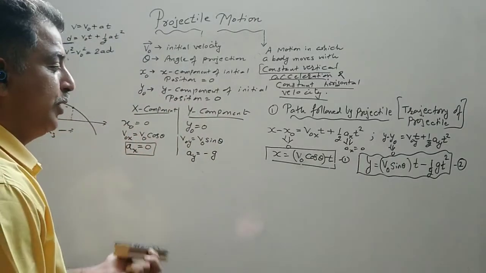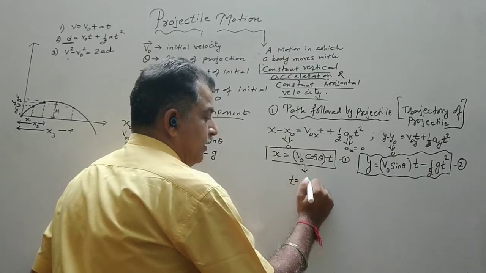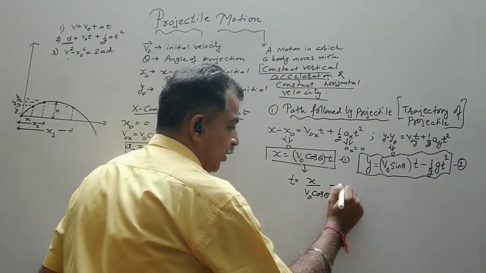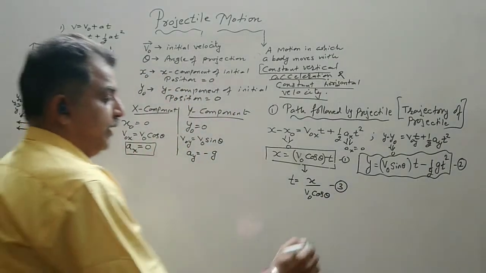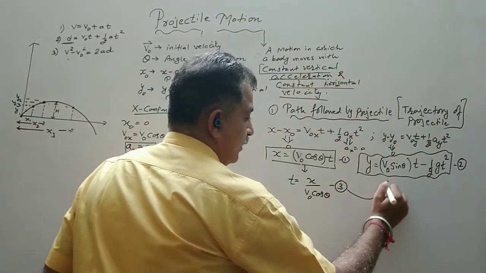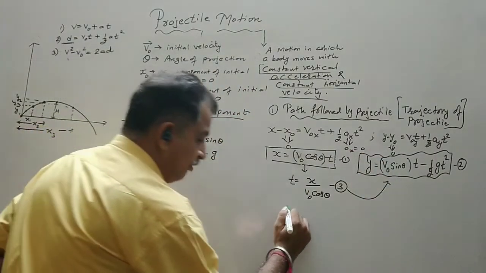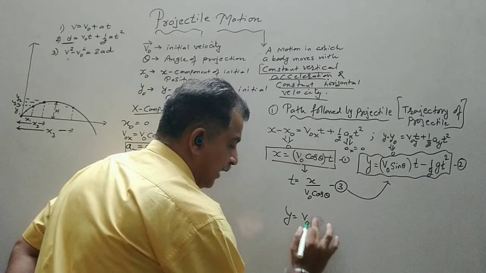From equation 1, t can be written as x upon v naught cos theta, that is equation number 3. This equation number 3 is substituted in equation number 2. So y is equal to v naught sine theta